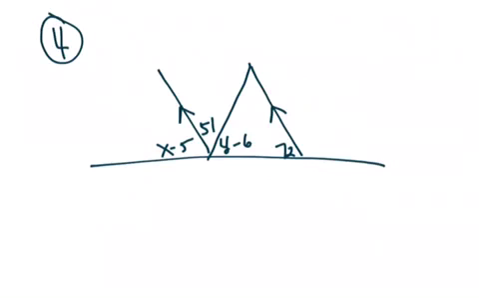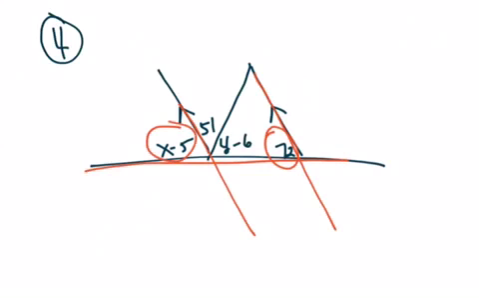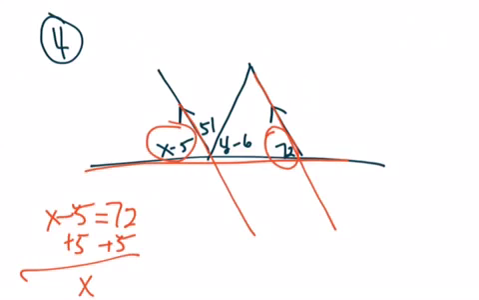Next one, we're finding x and y in this diagram. Okay, so a key is that if we extend these lines out, then 72 and this x minus 5 are in the same place. So we could write x minus 5 equals 72, add 5, and you get x is 72. So we're looking for x and y, and x is 72. To find y, well, if we plug 72 back in,